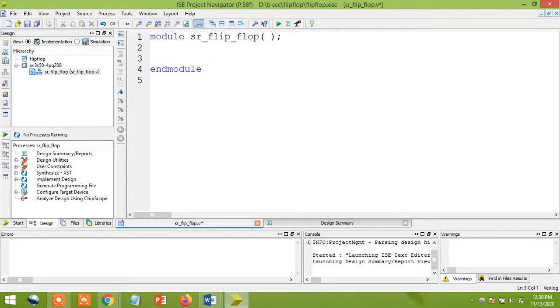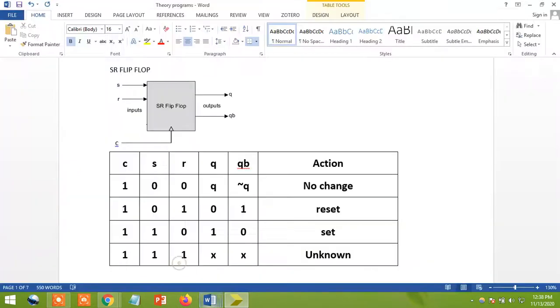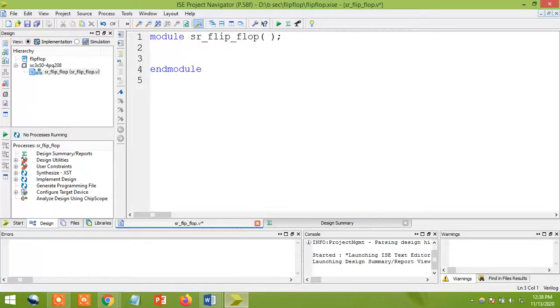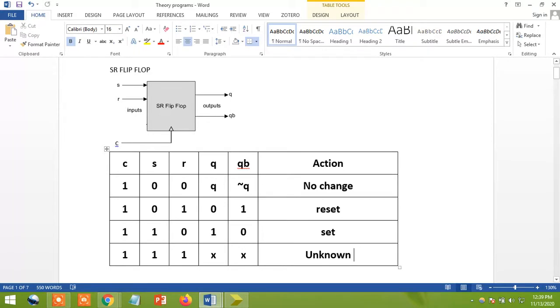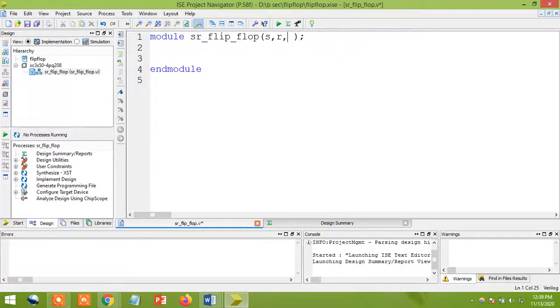Now you have drawn the block diagram, right? Now you tell me what inputs I need to consider and what the outputs are. What do I need to type here? How are we going to separate them? Comma, R, next, SR, okay. Next, what do you have? Input. One more input you have, right? C. What does C stand for here? It is the clock I'm going to use. So I'm going to use C. Yes, you need to type it as C.